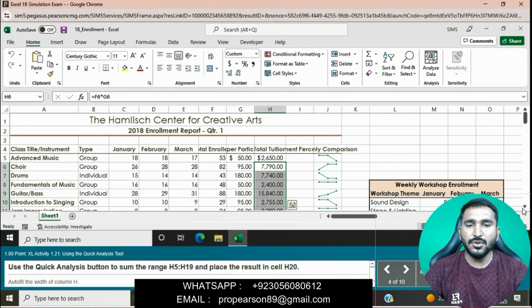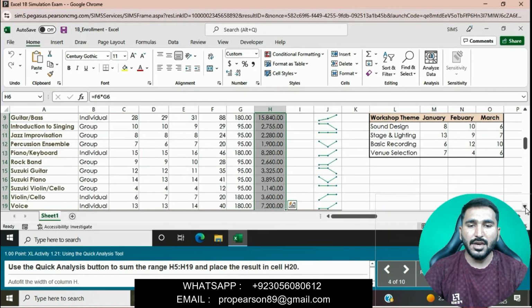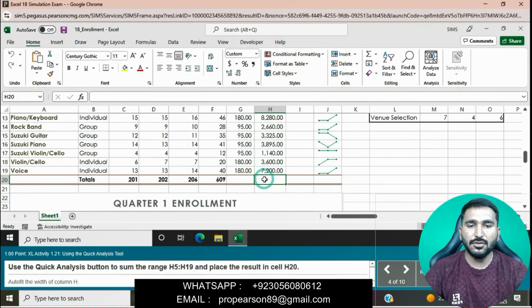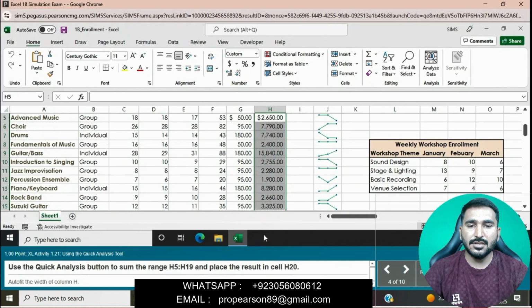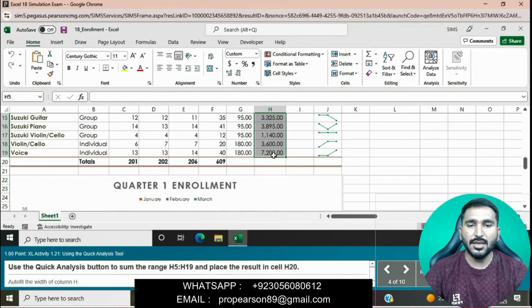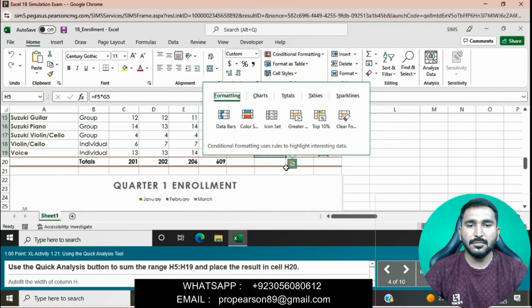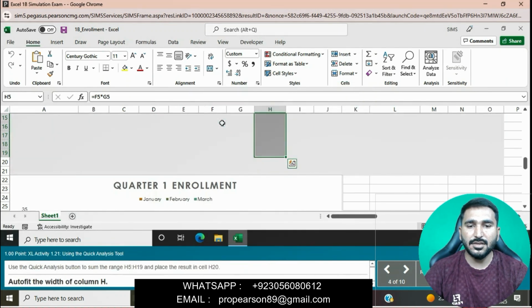First we will select this range H5 to H19, then use the Quick Analysis tool button, click on Totals, and then click on Sum. The sum will be found here in cell H20.